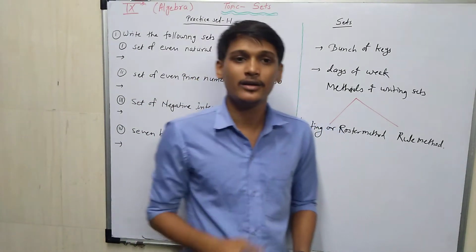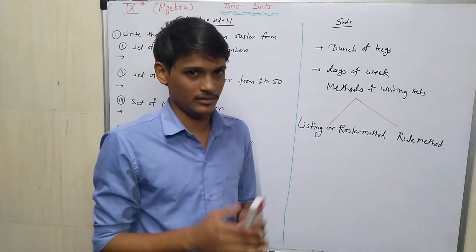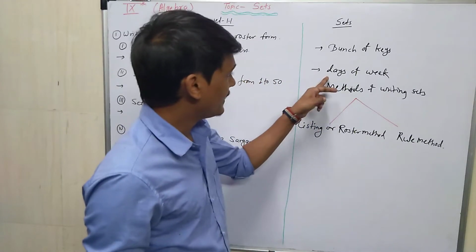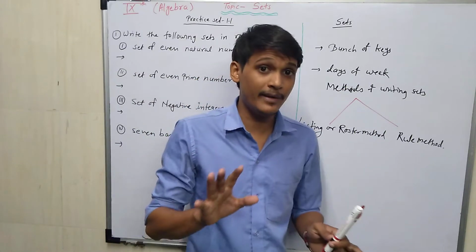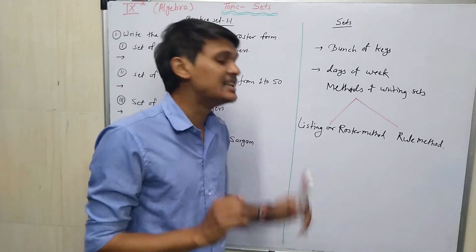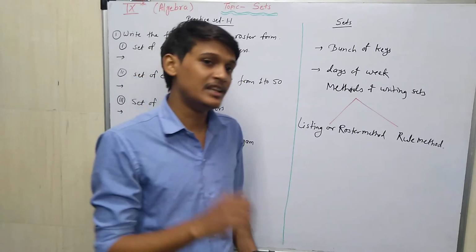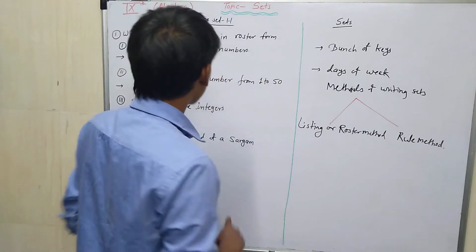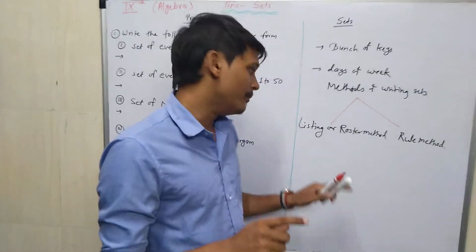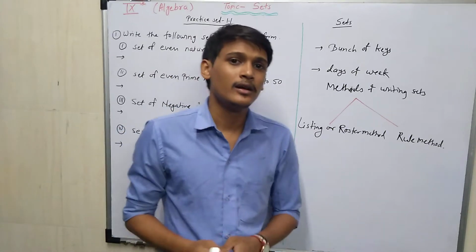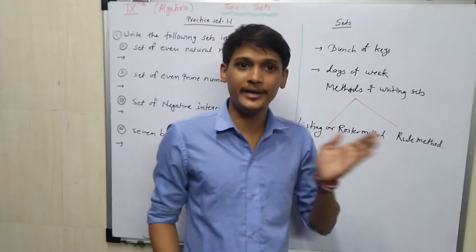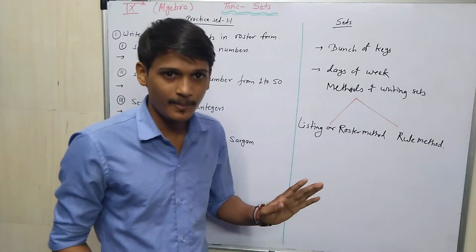What is the listing method? Listing method means there is a list. Understood? There is a list. The days of the week have 7 days. Listing method: if there are elements that are repeated, then write them down only one time. Got it?